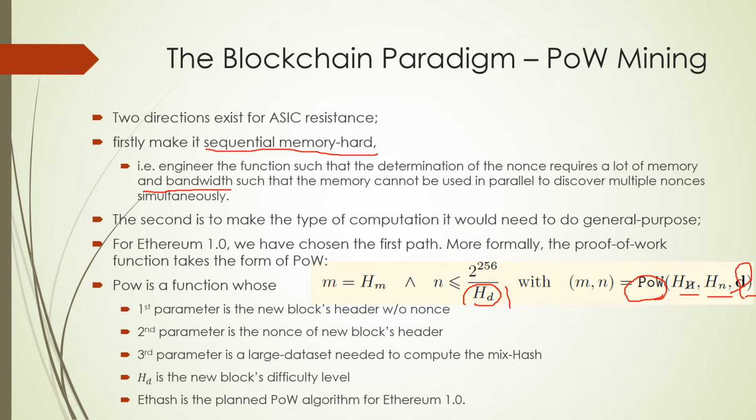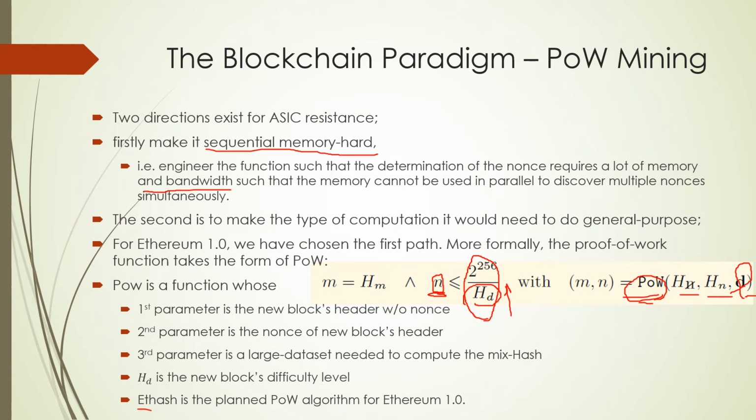The higher this HD is, the lower this quotient will be. And N, which is the nonce that has to be a positive number, will have a tighter limit. And therefore, in order to find N, you need to spend more time. And in order to understand POW, you can take a look at the yellow paper. I'm going to briefly explain it, but